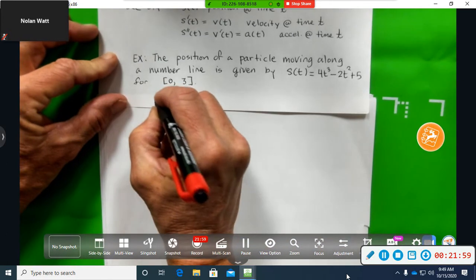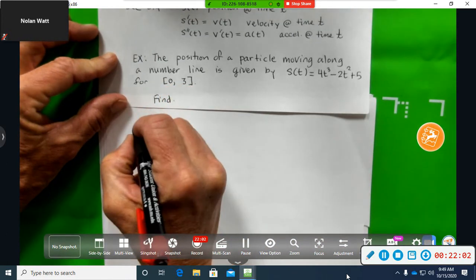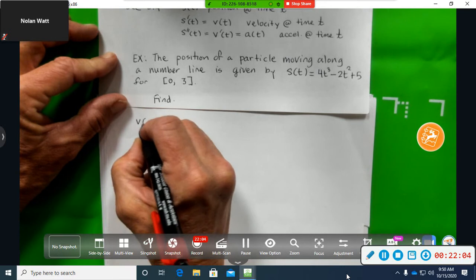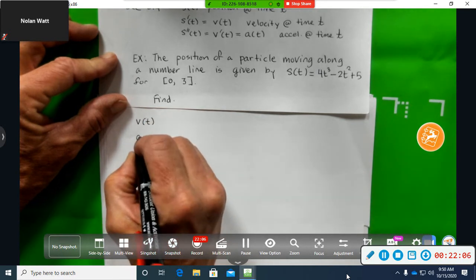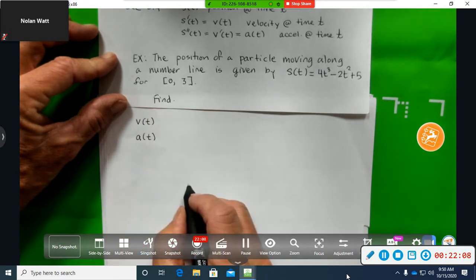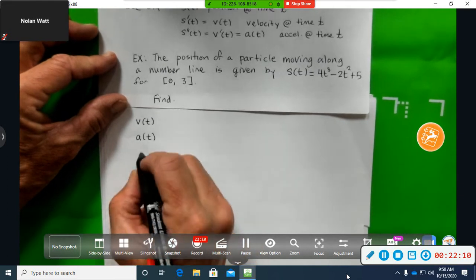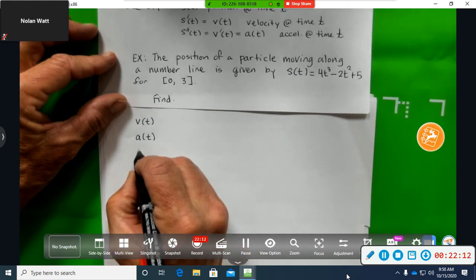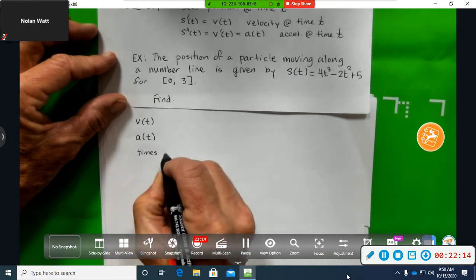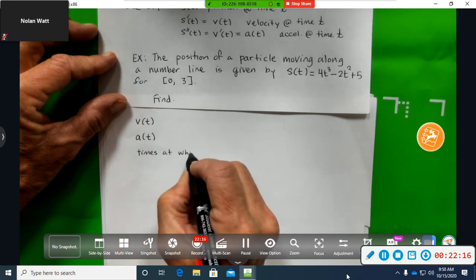Find the velocity at any time t, the acceleration at any time t, times at which the object is stopped,